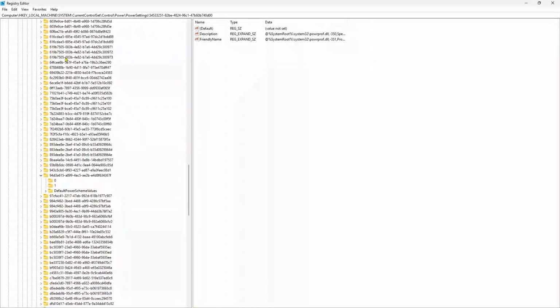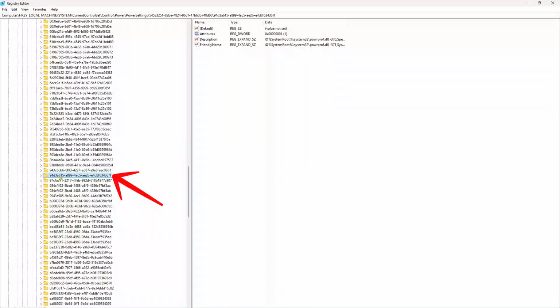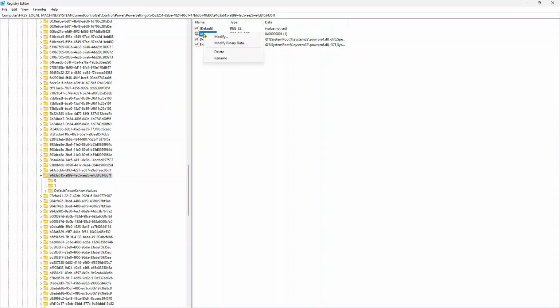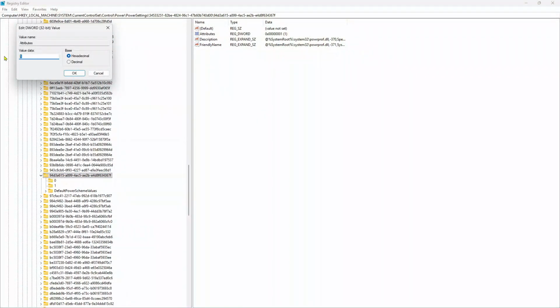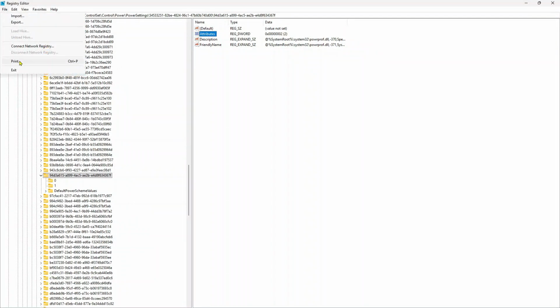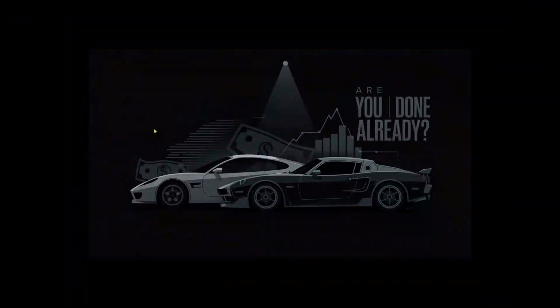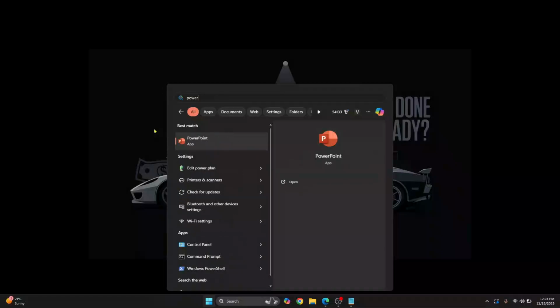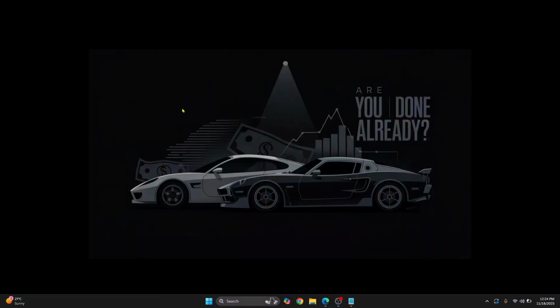Now scroll down till you reach this 94D3 number, double click on this, and now you'll see this attribute, description and friendly name. Right click on attributes and click on modify. Here set the value data to 2 and click on OK, and now you can just click on file and click on exit. And now if you go to edit power plan,